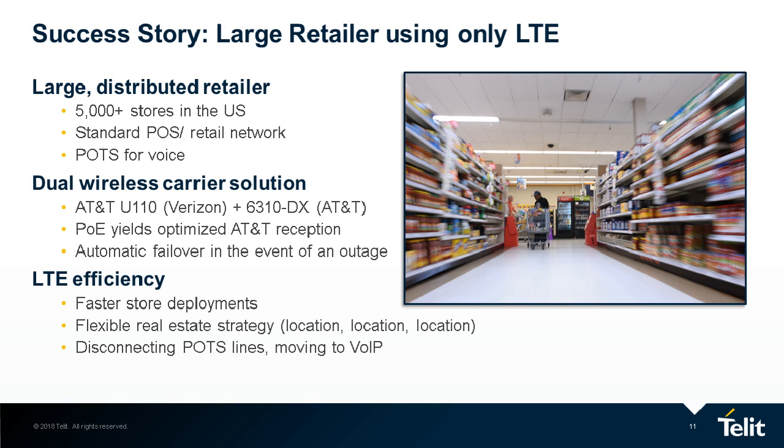What they're doing from an overall cost standpoint is they're putting a smaller pooling plan under Verizon and a larger pooling plan under AT&T, and their cost for this entire network with two, and I'll call them circuits, but they're really cellular connections, right? They're circuits in the sky. They are leveraging a 100% cellular network down to the point where they're eliminating even a POTS line, all the POTS lines out of these stores. So they're cutting out their POTS lines, and then they're leveraging a terminal adapter running voice over IP off of